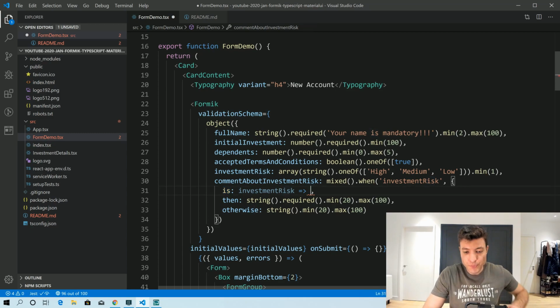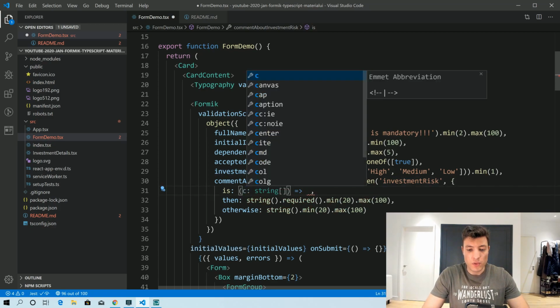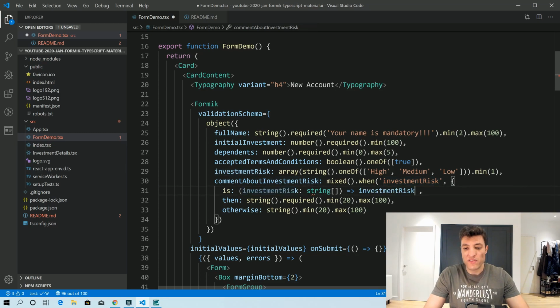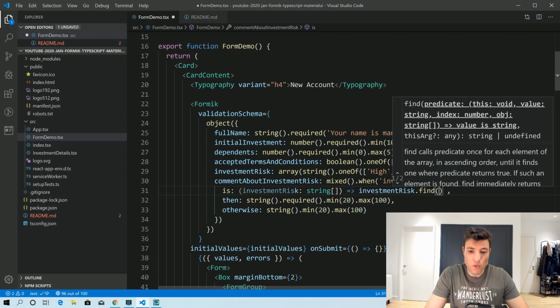Okay, so in this case, let's say that investment risk will be an array. So if you want, you can even say this string array, okay? And then what are you going to return? Oops, we can say investment risk dot find, because we want to find inside the array of the investment risks one that is